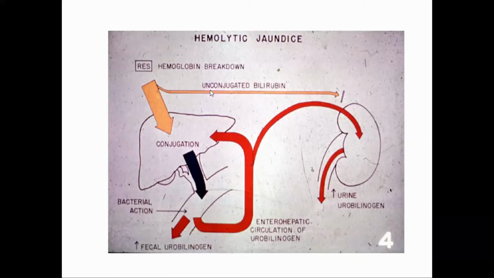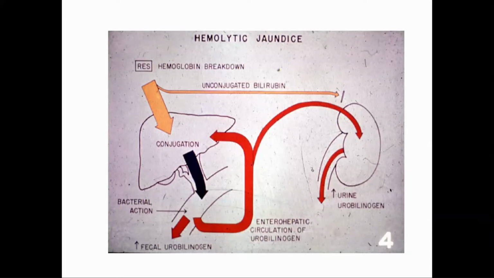So, in case of hemolytic anemia, there will be excess of urobilinogen formation because the liver is functional. And there will be excess of urobilinogen in the urine. You see this thick line. But there won't be any bilirubin in the urine. This is the difference. Plenty of urobilinogen in urine and plenty of urobilinogen in feces. So both will be highly colored.